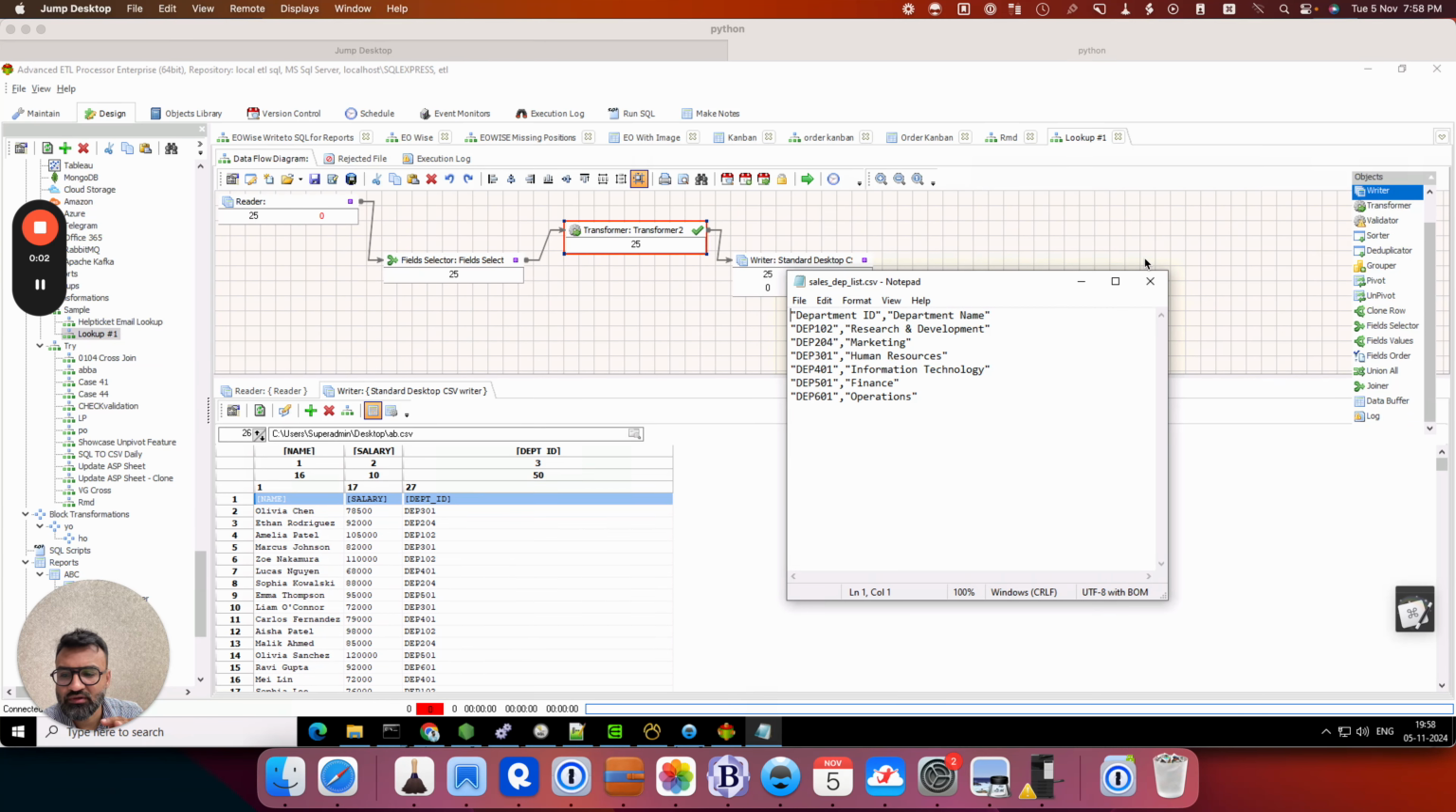Hello, we are going to learn how to do a text lookup. We have a simple file from an HR which contains employee name, their salary, and a department ID. They wish to send it to their senior, but they do not want these department ID codes, but rather the